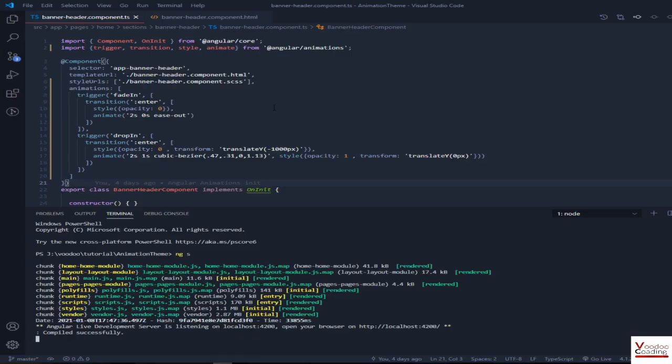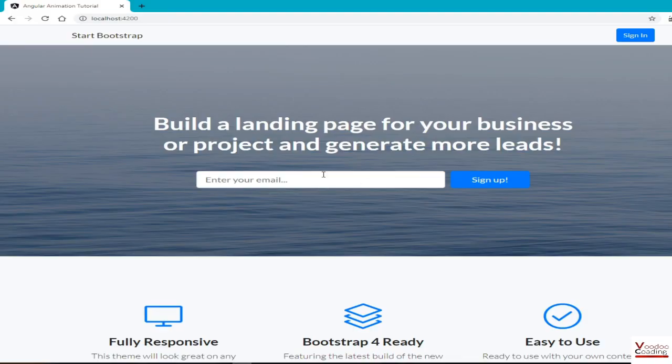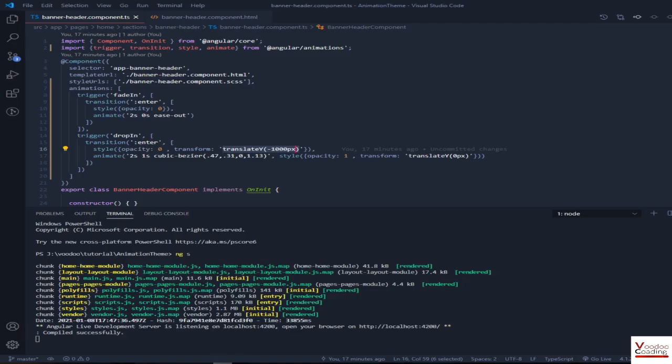And let's review the code again. We created a dropping animation. On enter we said that initially we are in a void state, and we are going to hide it on the top of the screen. Sorry, it means this email is going to be initially hidden on the top.